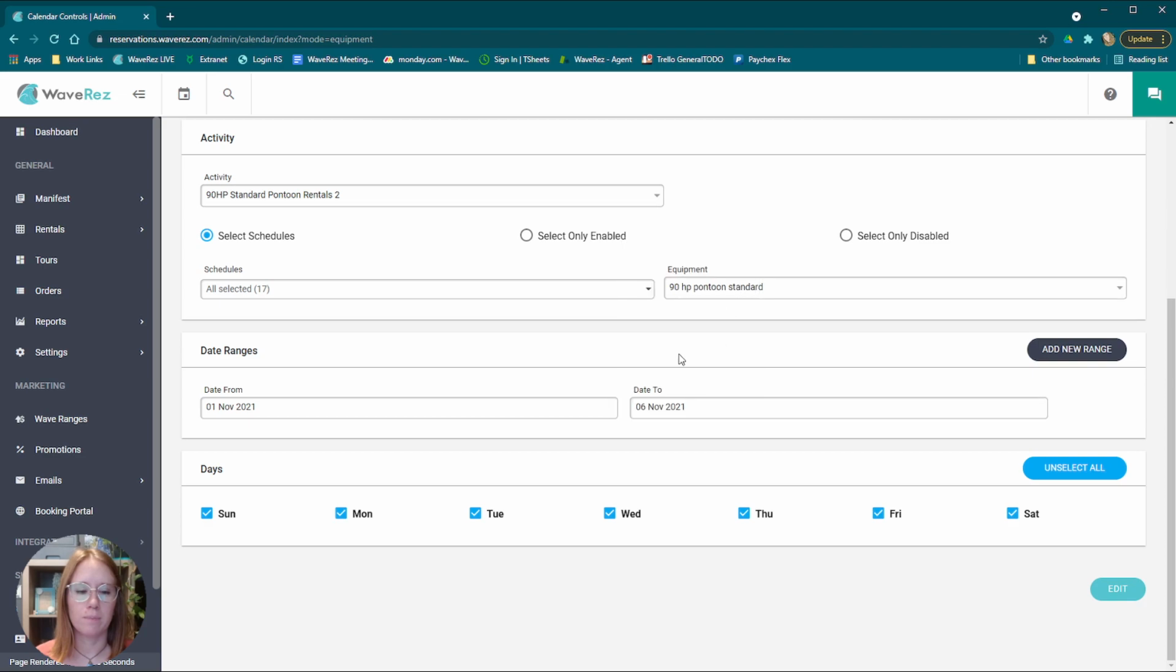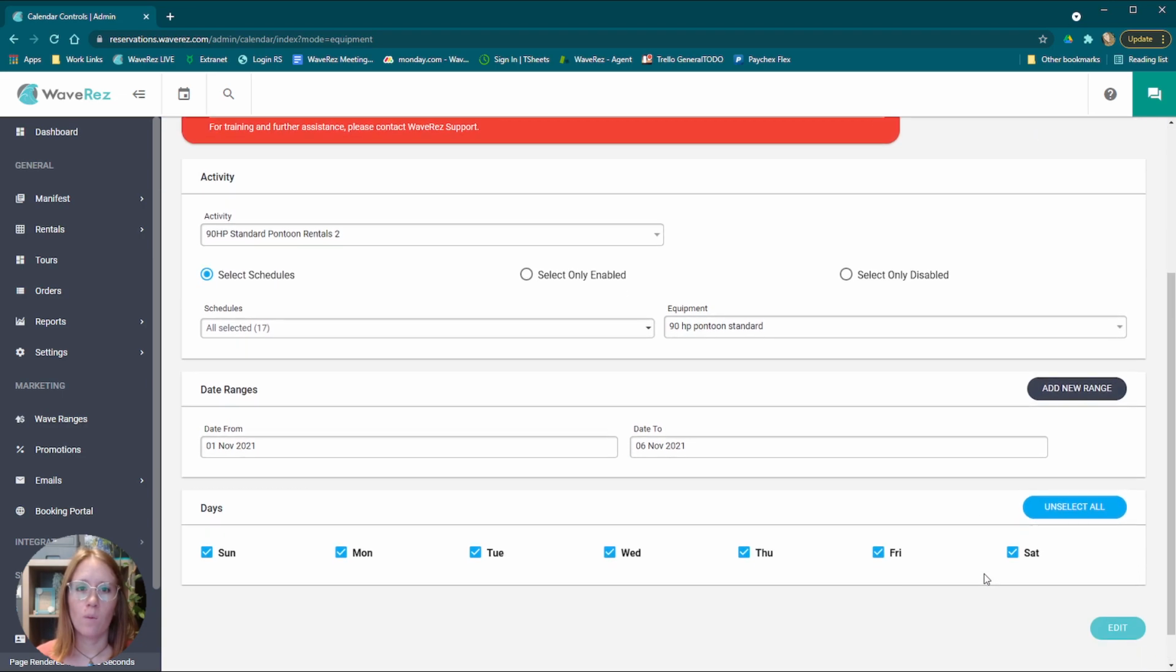of November. So now that we've made our selection, I have used select schedules to select particular schedules that I wanted. You can choose select only enable or select only disable to edit those schedules only. And we've chosen our equipment, date range, and I've left all days of the week. So once we hit edit, we're going to be taken to a second screen where we'll be able to make